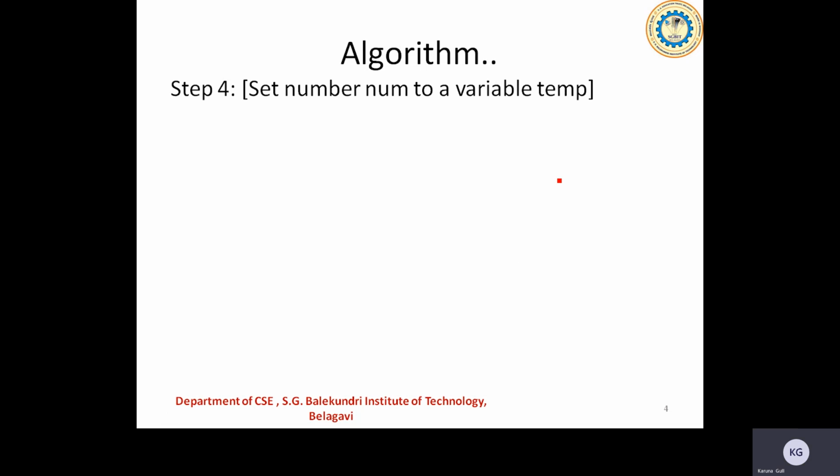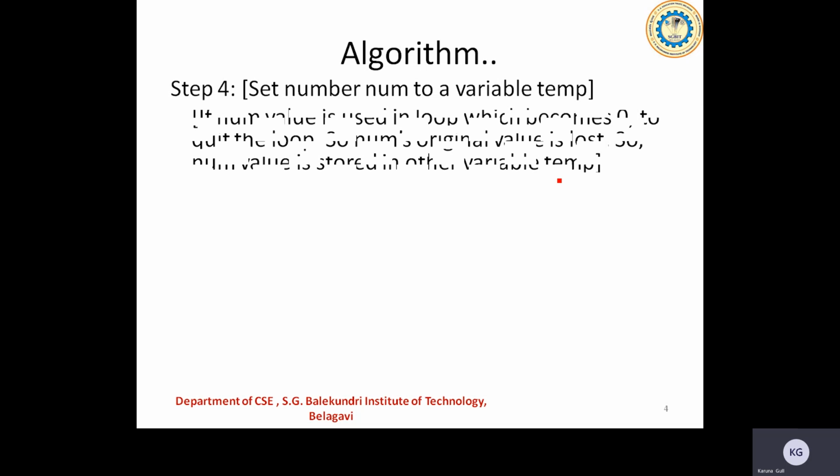Next, I'll be storing the given data inside another variable, which I call the temporary variable. I'm doing this because once the number that is read is taken inside the loop, I am going to modify that value using the division operation, so I may lose the data that I have read. That's why I need to store it in another variable, because when coming out of the loop, I'll be checking the given data against the reverse data. So I need the data stored before I go ahead with reversing it.